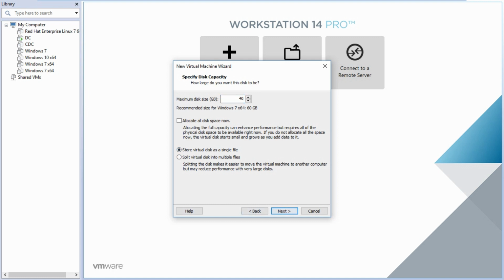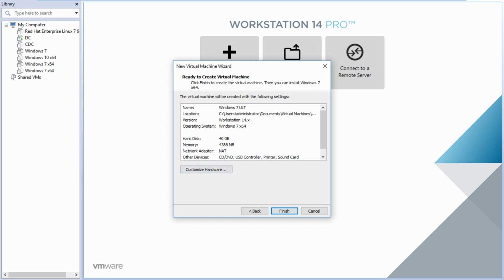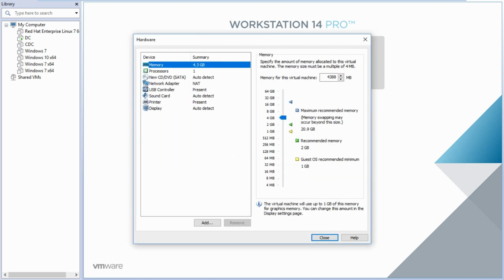Nothing friends, I am creating a new virtual machine to test our deployment, whether the deployment service is working fine or not. Click next. Leave the location as default. Click next. After the completion, come to the hardware customization,